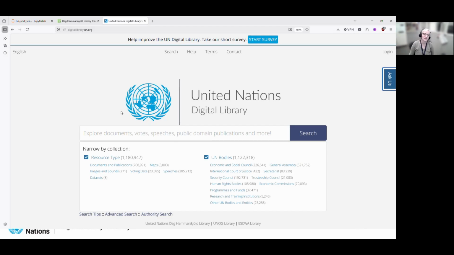Digitallibrary.un.org, if you're not familiar. And then here you have the dataset. So before I go there, what we do with the dataset is we extract data that are in the other collections, especially documents, voting data, speeches, and also something you probably don't use, which is called the authority. You don't need to know that,